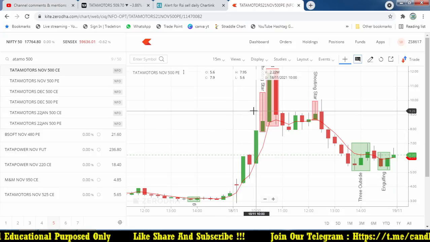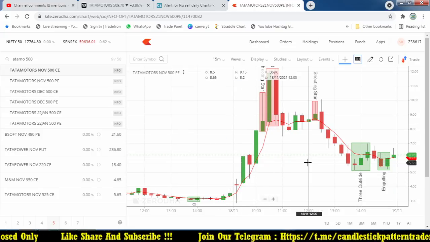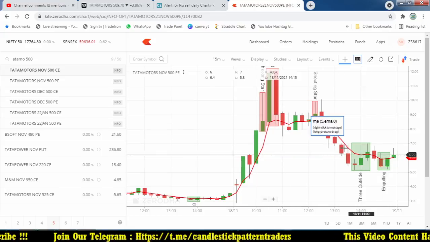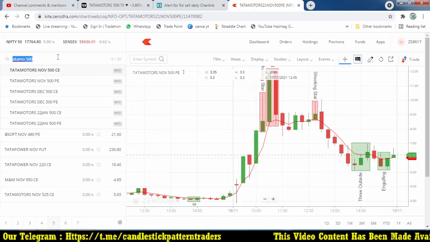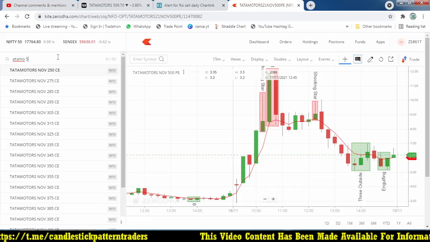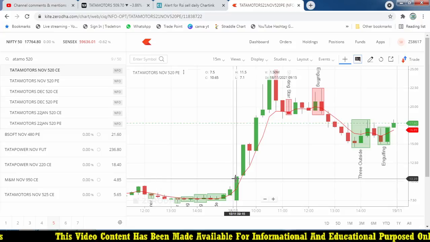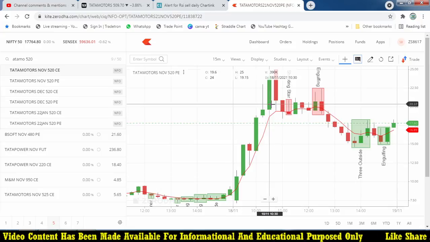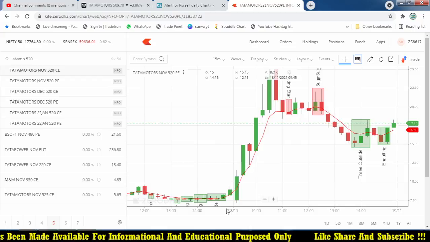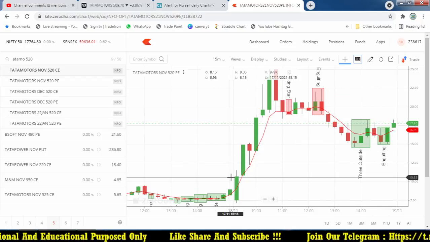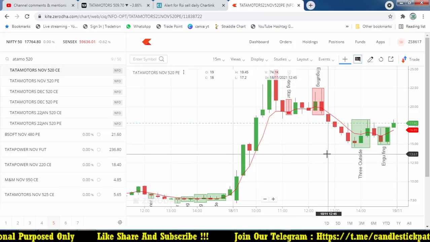If the market moves as per your expectation, it keeps on increasing, but if the market stays or moves against you, the premium will drop drastically and very fast, especially near expiry time. And the 520 put option started from 10 rupees, went up to nearby 25, and again closed at around 7 rupees. With an ATM option, if there is a high movement, the ATM option will give you a great profit.